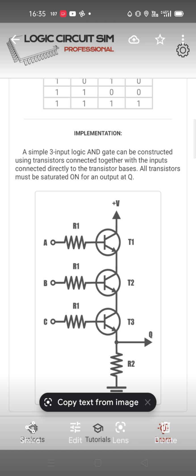For an AND gate the structure is like this. You have three resistors and three transistors and another resistor, and the Q state is the output like this, and the Qn state is the positive state. Now if you give 1 1 1 here, then you have a Q state which is 1 on the other end. The three are connected almost like a straight line, and then you get a 1 on the other side. So this is the AND structure.